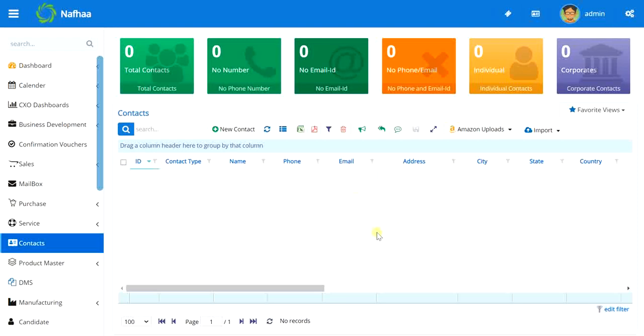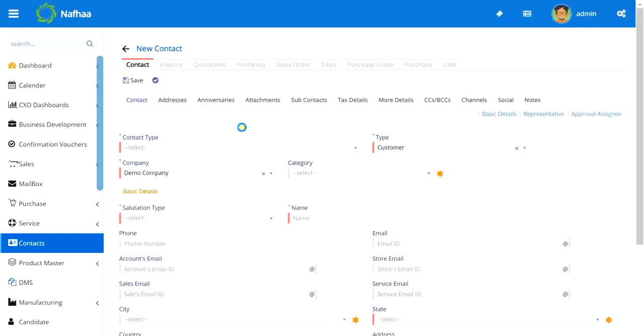Now we will go ahead and define the contact. So I'm just clicking on a new contact. So this is a contact form. Here, as I mentioned, this is the default, unconfigured view of a contact.